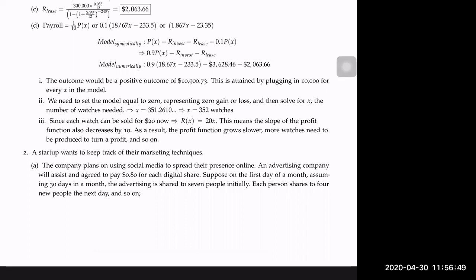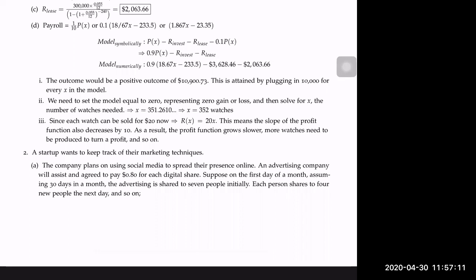Each person shares to 4 new people the next day, and so on. So again, this won't be every summation that you'll ever face in the world. Heck, it may be even possible that people won't see summations after this, but at least you'll understand what they are. So my question is,